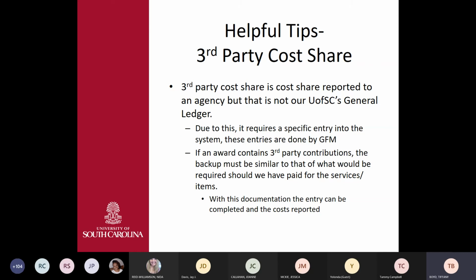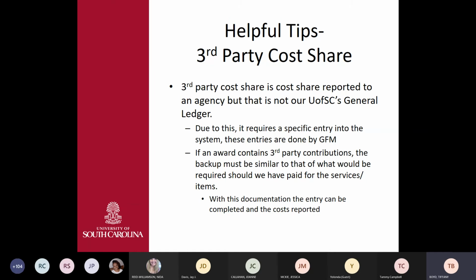team is enforcing. So we need something that kind of looks and feels like an invoice that says these are the costs that they have provided for us, the time period of the costs, an authorized signature from the entity explaining that those are valid costs. They've provided them as per the agreement. The original commitment letters from your proposal will not be sufficient for us to be able to book this in